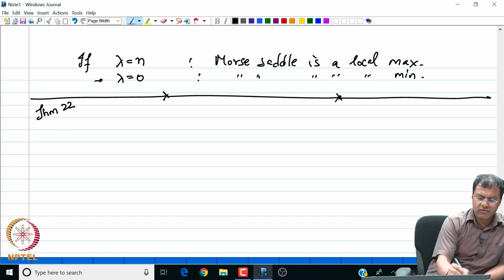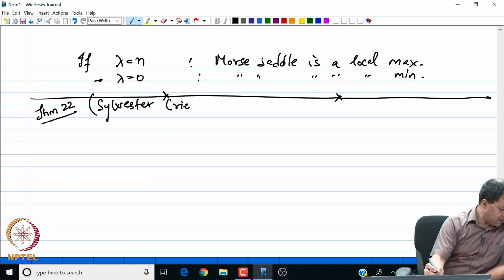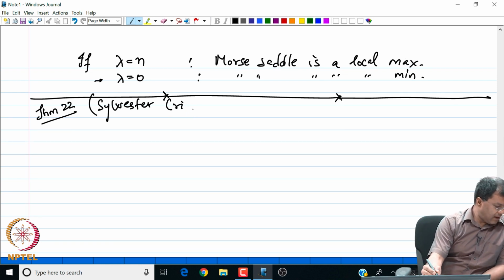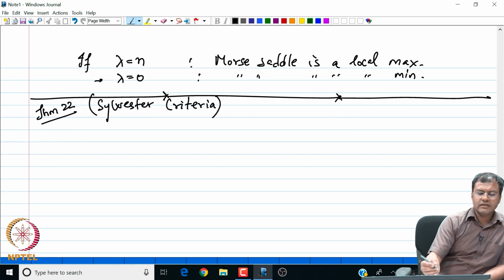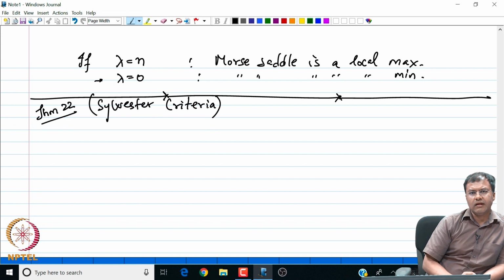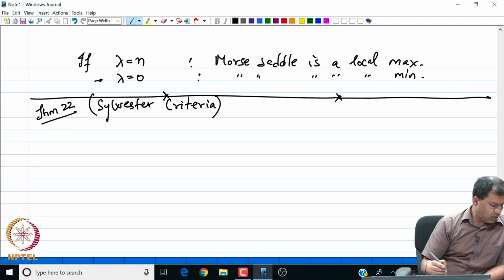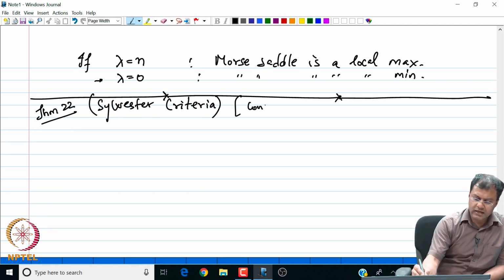The theorem is known as the Sylvester criteria. Essentially, this criteria tells me the conditions under which a matrix, let us say the Hessian matrix, is positive definite or negative definite, that is, the conditions under which the quadratic